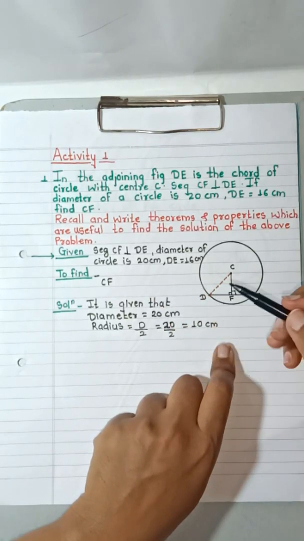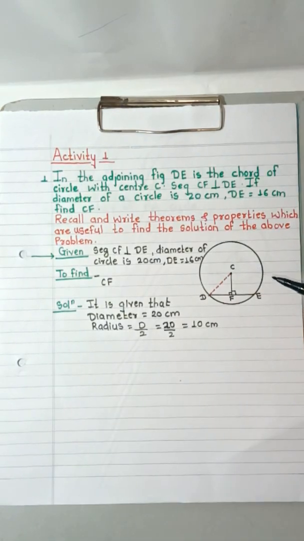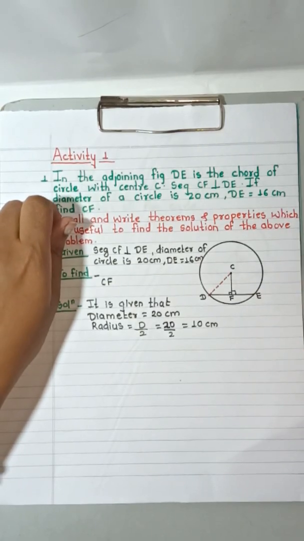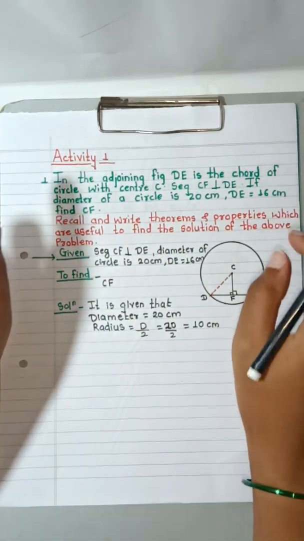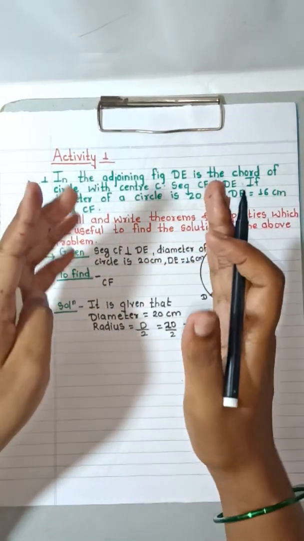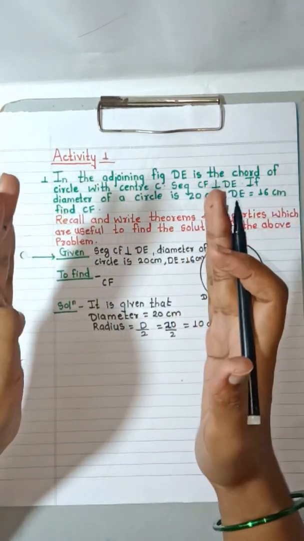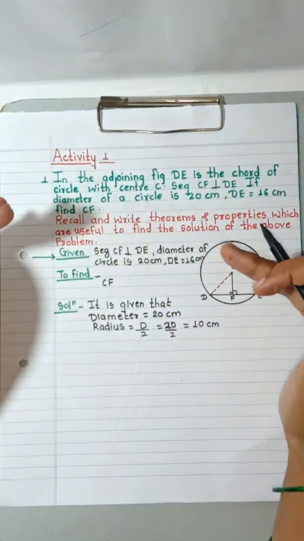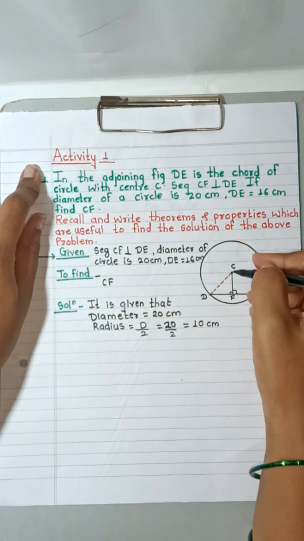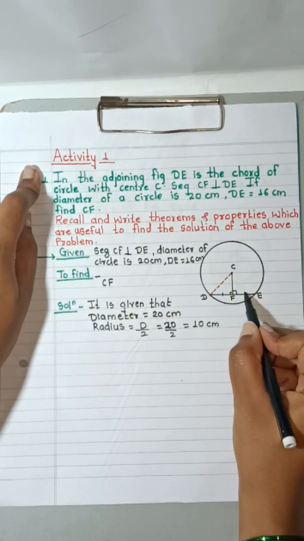You can write down here construction and write in that join C and D. Okay children, now it is said that the perpendicular drawn from the center to the chord bisects the chord in two equal parts. You very well know that whenever you draw a perpendicular bisector on a line segment, that perpendicular bisector divides the line segment in two equal parts. In the same way, the perpendicular drawn from the center of the circle to the chord will divide the chord into two equal parts.